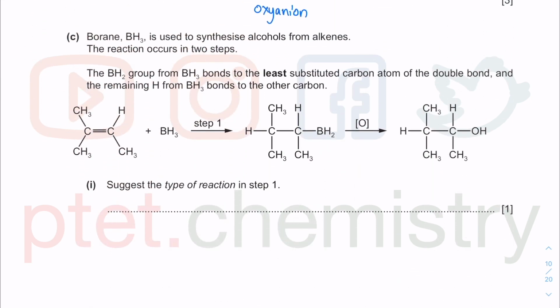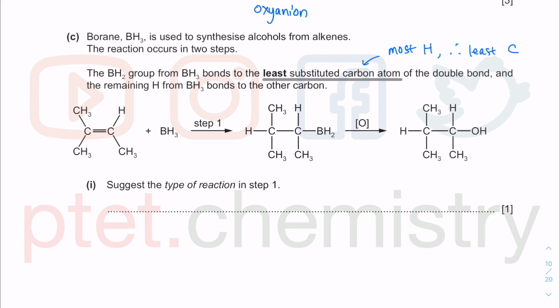Part C, boron is used to synthesize alcohol, so you can make alcohol from alkene. So this is not your usual A-level chemistry. What do we know? The BH2 group from BH3 bonds to the least substituted carbon. The least substituted means it has the most hydrogen, therefore the least carbon. Substituted with carbon, so the least carbon means the most hydrogen, because the more carbon you have, the lesser is